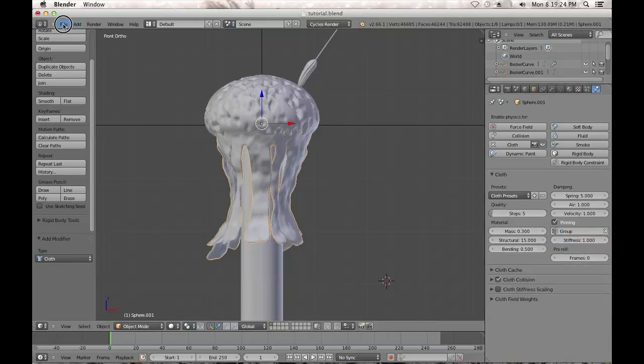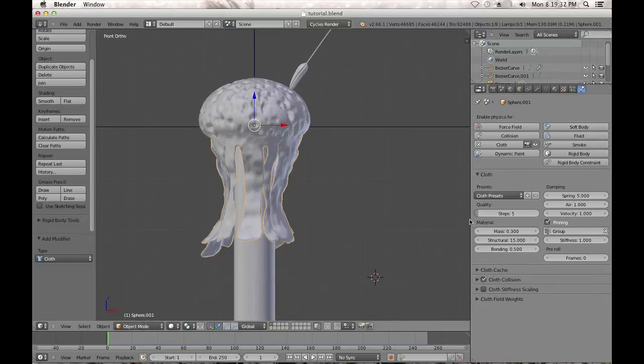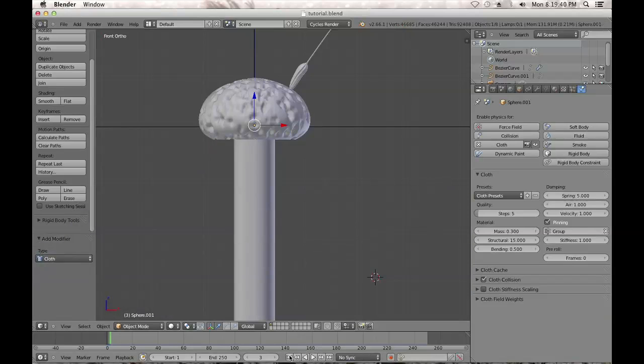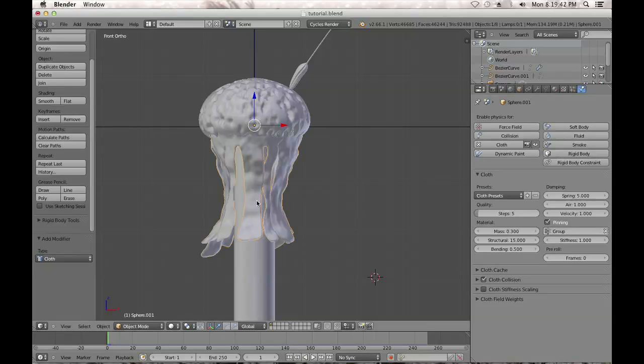Now with simulations you want to be saving often because they can be a little bit more finicky. So yeah, a few settings we want to change. If we play a simulation right now, it'll go haywire. Alright. Not exactly sure why I did that, but